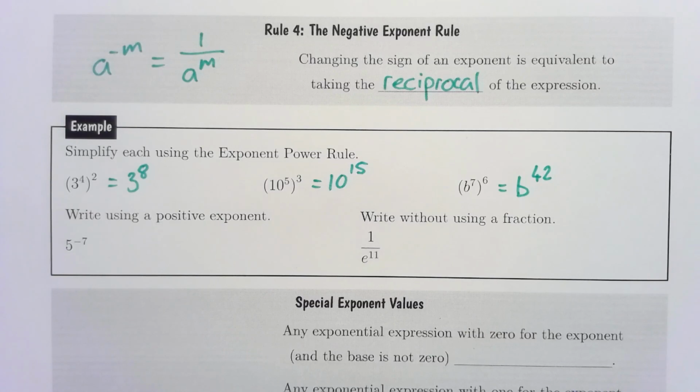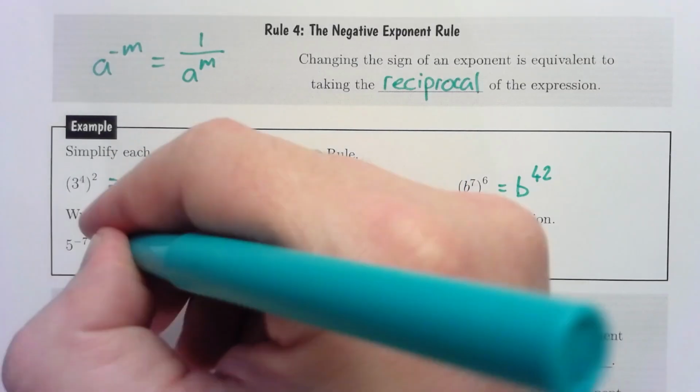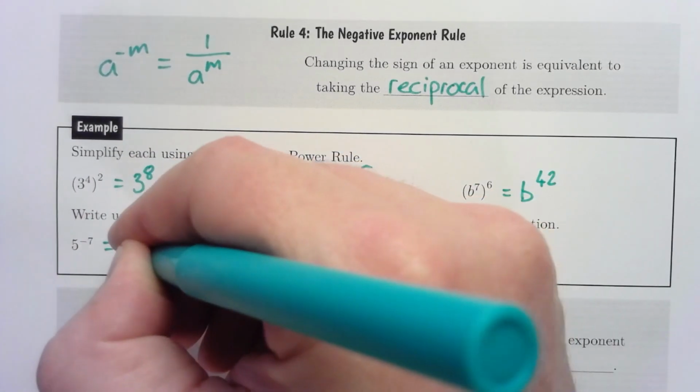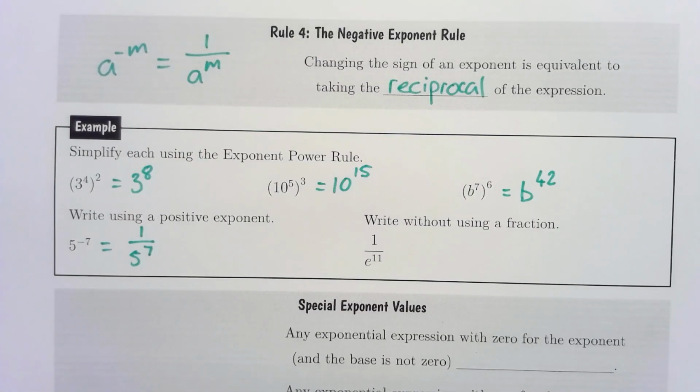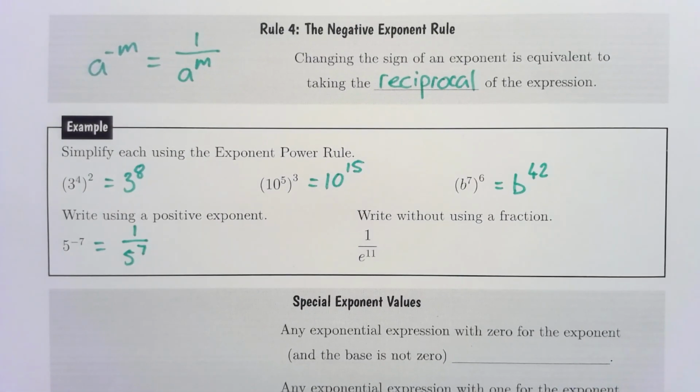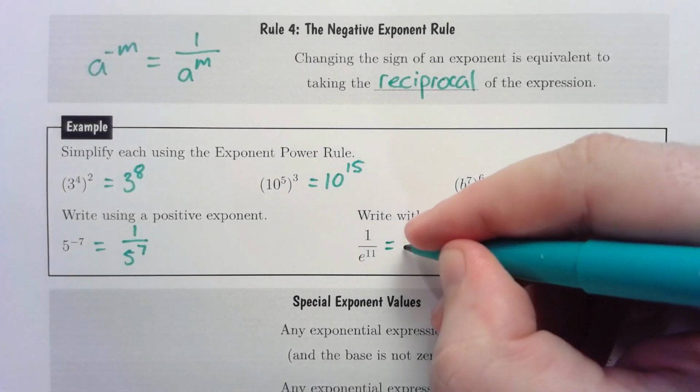If we have 5 to the power of negative 7, using our negative exponent rule, we can write this with a positive exponent as 1 divided by 5 to the power of 7. Sometimes we want to do this the other way. So if we have 1 divided by e to the power of 11, that's the same as e to the